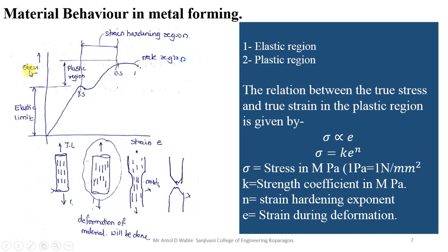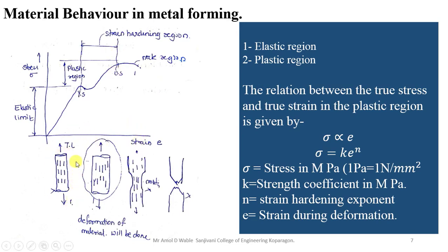So we define stress as what? The applied load divided by the cross sectional area on which the load has been applied. So that is defined as stress, and strain is, after applying any force, the length by which your job is going to change, divided by the original length before the change. If you take a ratio of that, then you will get the strain.